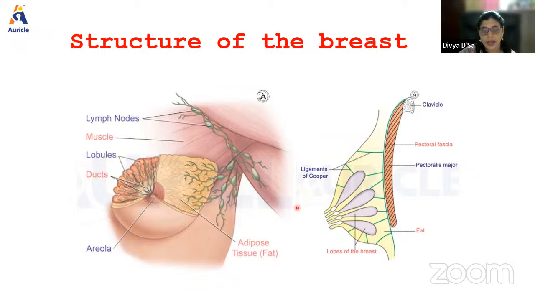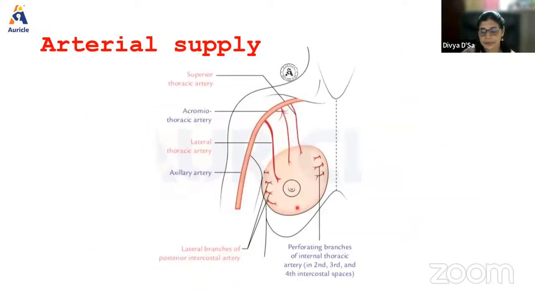Okay, and arterial supply is very important. So arterial supply is mainly by branches from the internal thoracic artery, the posterior intercostal artery, as well as branches from the axillary artery. So if you see here, from the internal thoracic we have the perforating branches, that is the second, third, and fourth spaces. The perforating branches of the internal thoracic artery supply on the medial side,